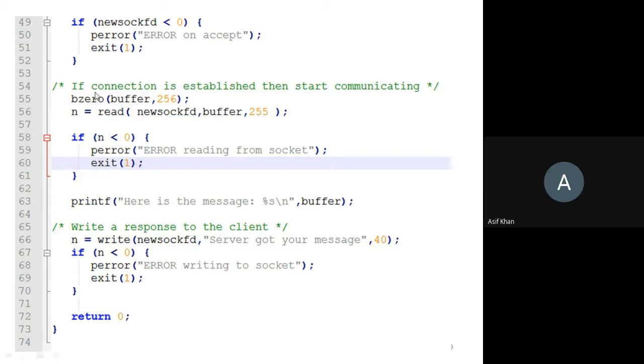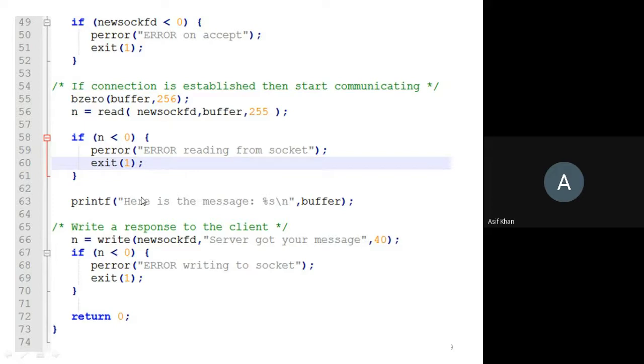So suppose the client has sent some data to this server. So how to receive that message? By using the read function. So this is the read function used. So read, new socket, then buffer, then size of the message. So why is new socket written? Because it is receiving a message from the client, and this new socket is used for the client endpoint. And buffer is the character array that is used to store the message read. So after reading the message, that is stored here in the buffer. And before reading into this buffer, it is made 0 by using this bzero function. Then if there is some error, you check here and print the error message, otherwise not.